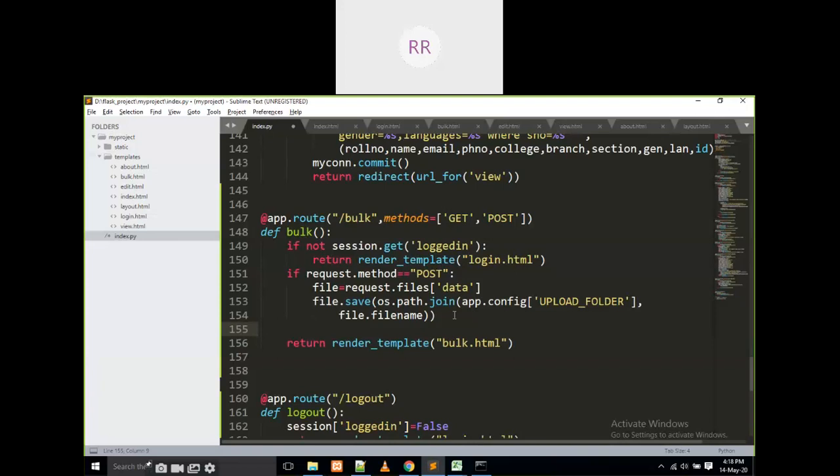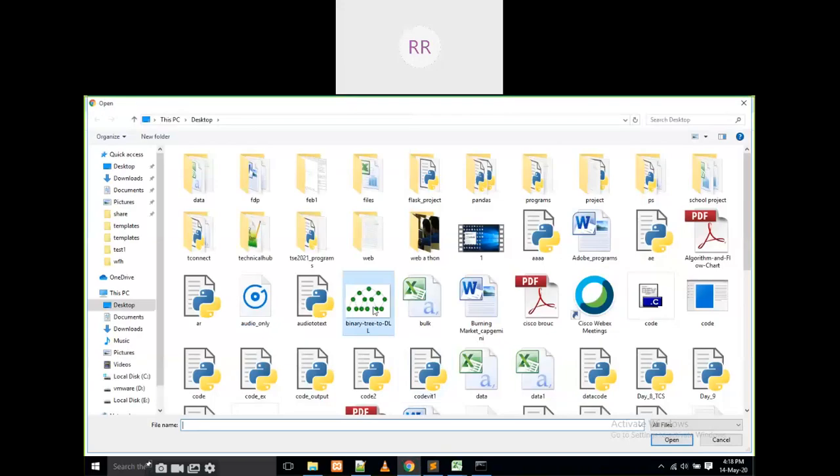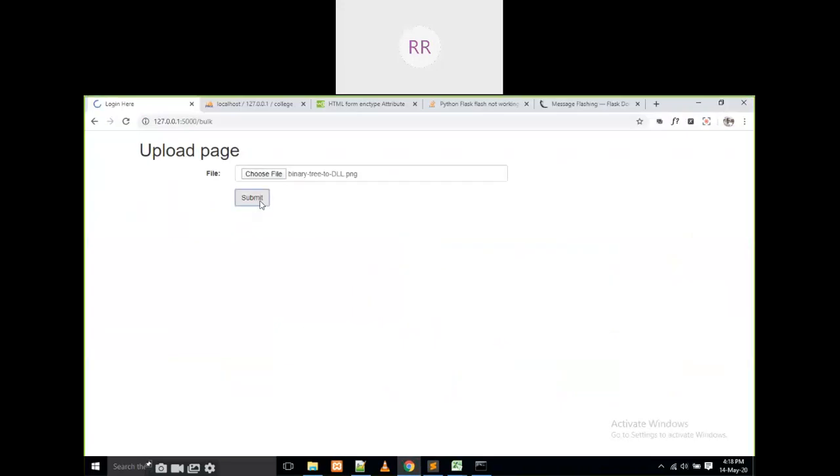For example, one more thing we have to discuss here. For example, I am going to give only CSV files. If I give any image file, it is also going to move into that folder, right? But I am going to restrict it to only CSV files. For other files, I am going to give a flash message: it is an invalid file.